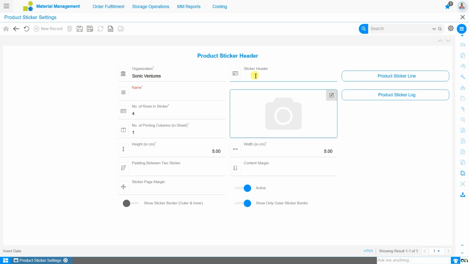In Onfinity, stickers are set up in the product sticker settings screen and printed using the Print Product Stickers form. Let's begin the configuration. First, select the organization and specify the one under which you want the product sticker to be printed. Next, enter the sticker header, which can be used to define a specific brand name or any text